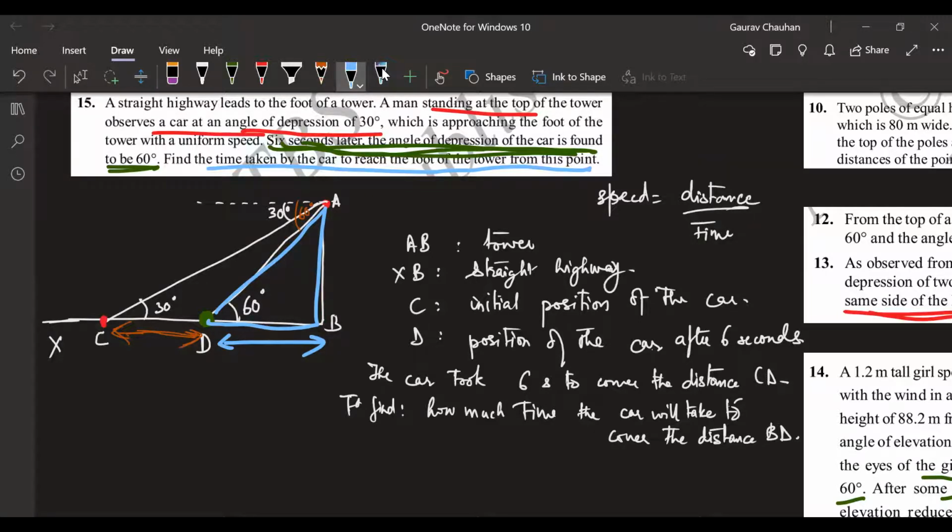There are 2 triangles here. You took one triangle. What else would you take? I would take triangle ACB, tan 30 degrees. Okay. There are 2 triangles. Both triangles you will use. But there is one thing which you will try to keep in both the tan or both the cos, sin, whatever trigonometric ratio you're using. Which line segment is that? You'll try to keep that line segment in both of them. Sir, AB. Why are you taking AB in both? Because it is common in both triangles.